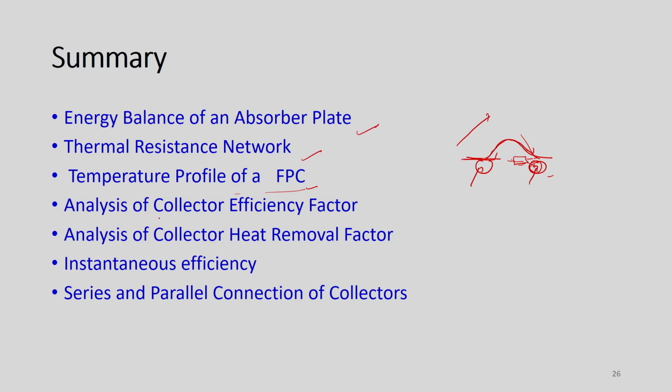So, we have analyzed the collector efficiency factor as well as the collector heat removal factor, and also we have understood the importance of these two factors in designing a flat plate collector. We have also studied instantaneous efficiency and collector efficiency, and the series and parallel connection of collectors, and under what condition we can use series connection and under what condition we can use parallel connection. Of course, we can combine both as per the requirement of the volume of water required and